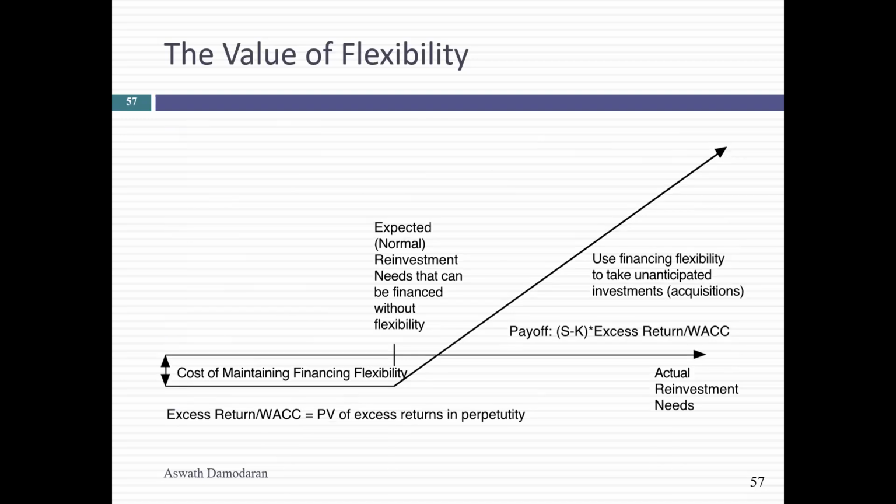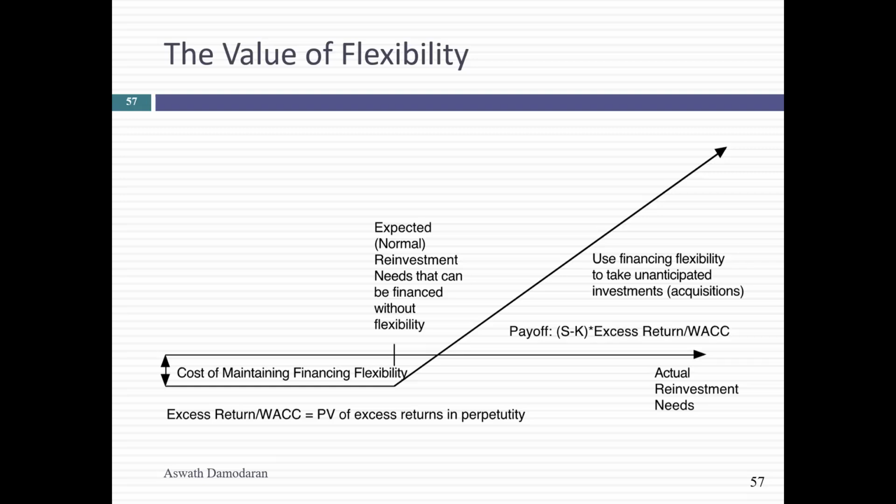So let's talk about one specific aspect of flexibility, which is financial flexibility. Now, some of you are in my corporate finance class as well, we talk about the optimal debt ratio for a company. Optimal debt ratio is 40%. But we also see that many companies choose to stay below their optimal. It's not that they don't know that they're underlevered, but they choose to be underlevered. And one of the arguments they use for not using that excess debt capacity is an options argument.